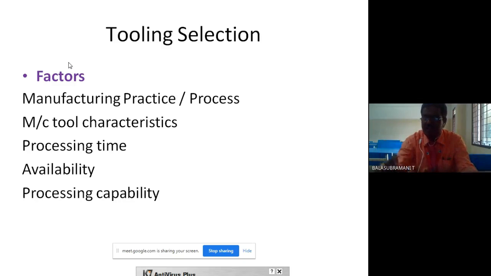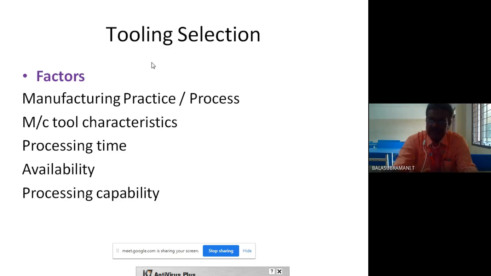Which type of turning tool? Carbide tools or tungsten tools or diamond tools or cast iron tools? It is based on the type of raw material. Using the raw material usage and the type of raw material, we have to select the tool material also.